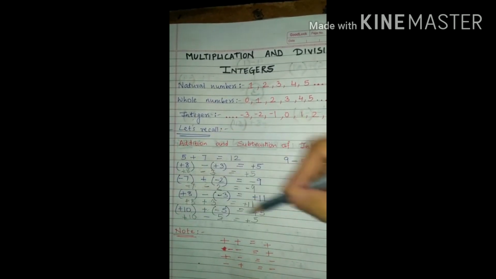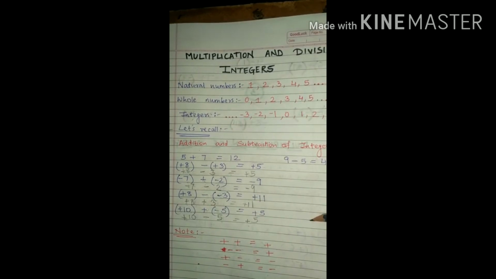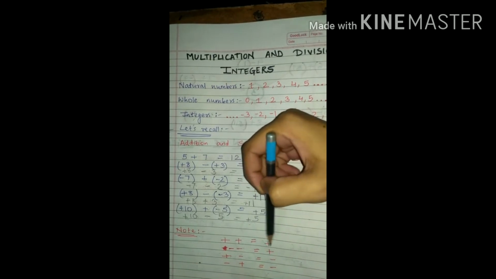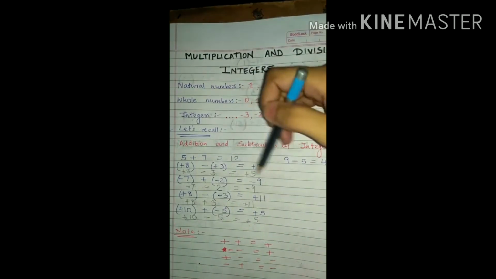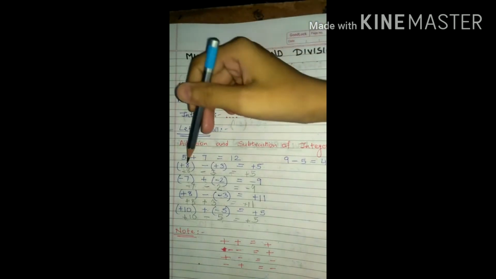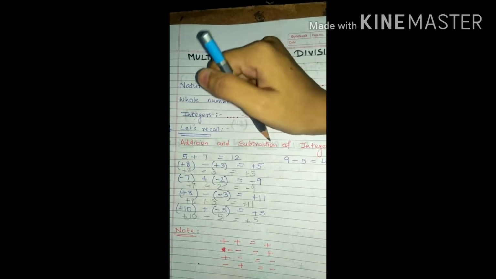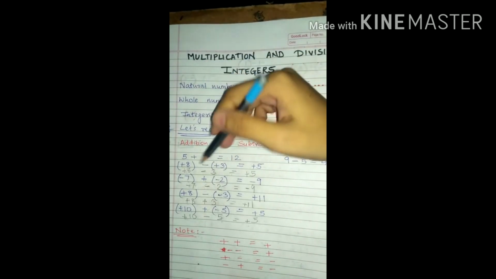Okay, so in this addition and subtraction of integers, the most important thing is what? You have to remember this. Plus into plus will become plus. How are we doing the addition and subtraction of integers? By multiplication of the signs. By multiplication of the signs, we will get to know whether the numbers need to be added or the numbers need to be subtracted. Got it? Only the multiplication of the signs, not the number.